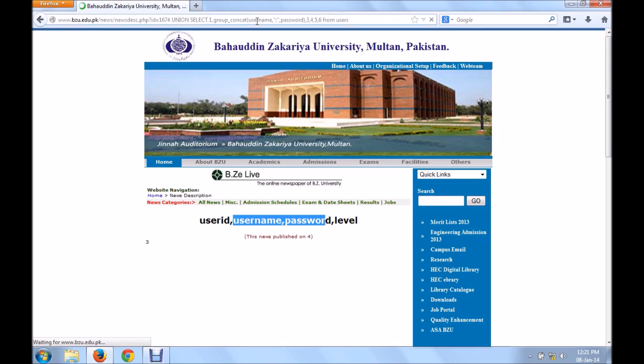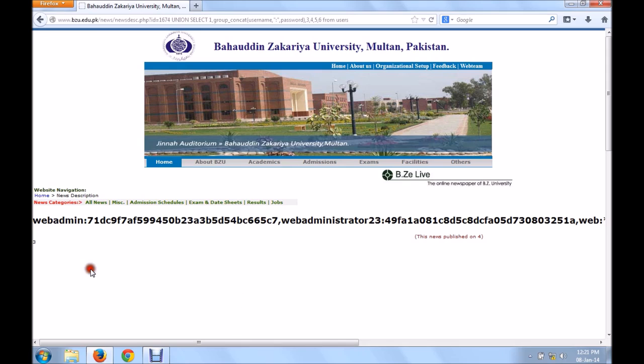Right? Over here you can see these are the usernames and passwords. This is a username and this is a colon which is separating the username and password.